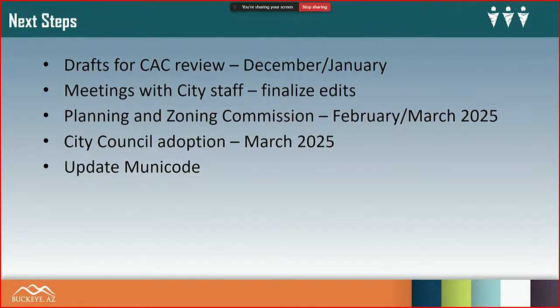We're going to continue working internally on finalizing those edits. Then our goal for adoption is to come back formally for P&Z review in either February or March, and be adopted by March with the City Council. Municode is the one place where this will all be housed and updated, so that'll come a little bit later as they get our code and update it, but that'll be where it's housed once everything is said and done.